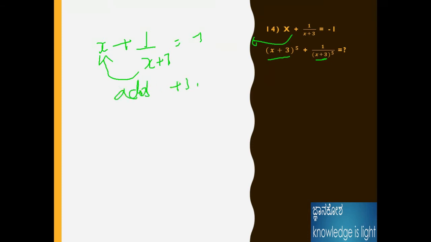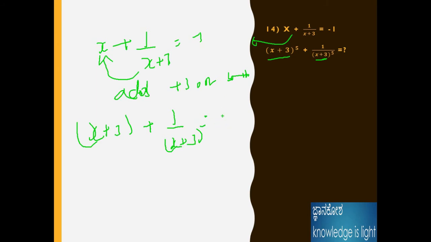Okay, this is also a good problem. Observe carefully, friend, no need of worrying. Anyway, the format is x plus 3 is the question. I will take this problem as x plus 1 by x plus 3 is the question. I will make it like this also: add plus 3 on both sides. If I add plus 3 on both sides, x plus 3 plus 1 plus x plus 3. Then minus 1 plus 3 is equal to, what is the answer?